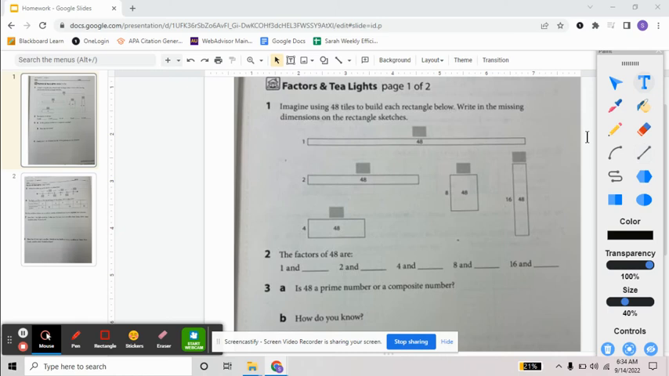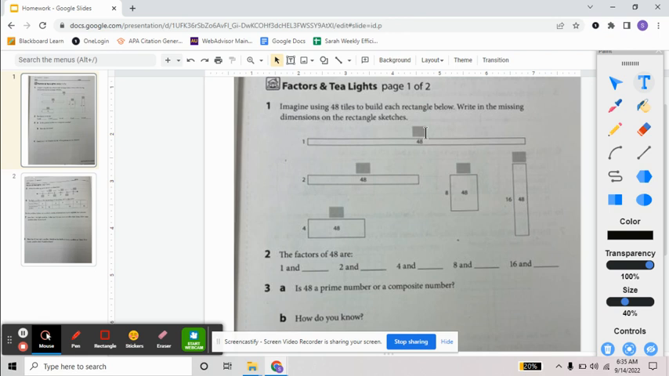Today we're going to go over our homework. You should be in the Home Connections book on page 7. So let's start with our rectangles here. They're similar to the area model strategy that we learned last week. So 1 times a number that equals 48